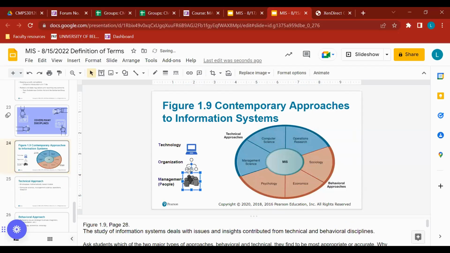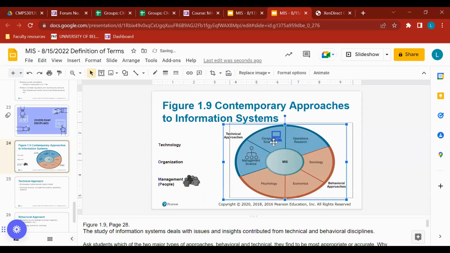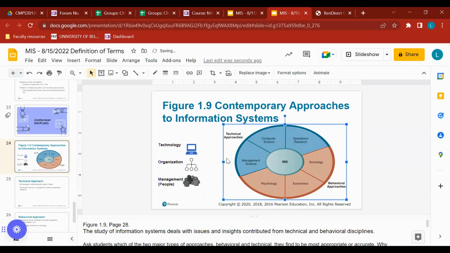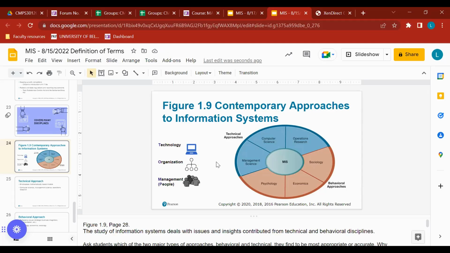But then you might have organizations, looking at management science, looking at organization and how we lead effectively, etc. We also have technology, and under computer science, you might find technology falling there. But what are some courses that you've done over the course of your studies, whether in high school or tertiary education? You might have done some computer courses, maybe even preparing a Microsoft Word document, which I know the university offers to students.